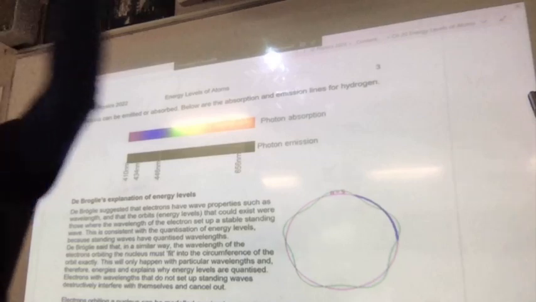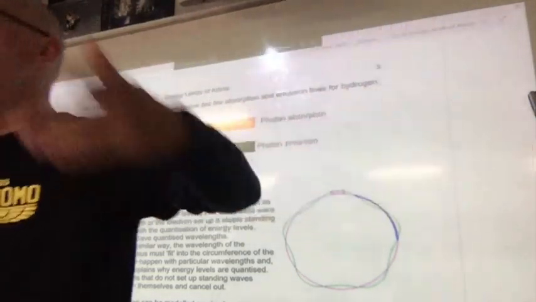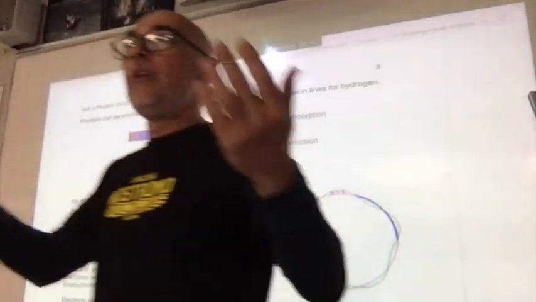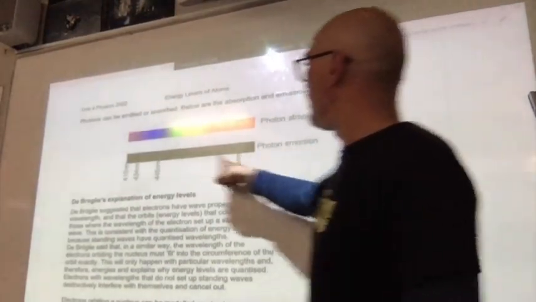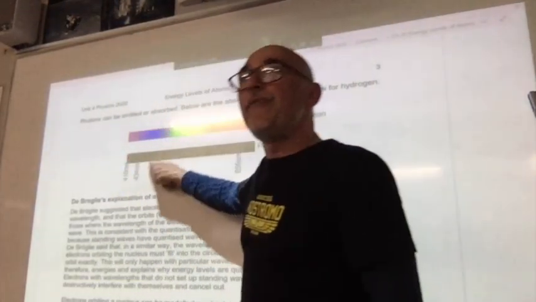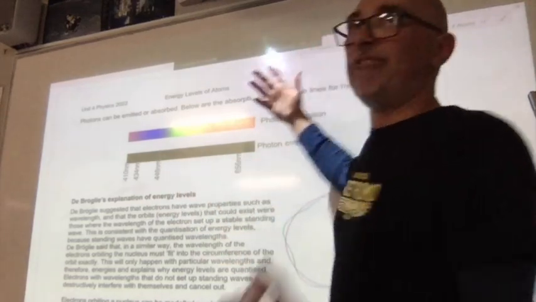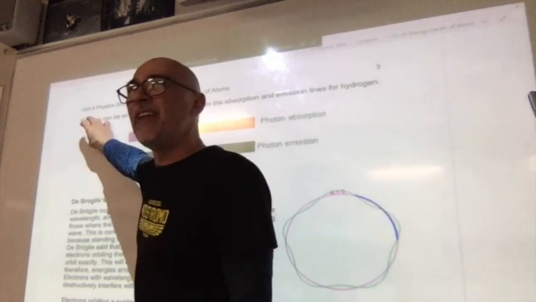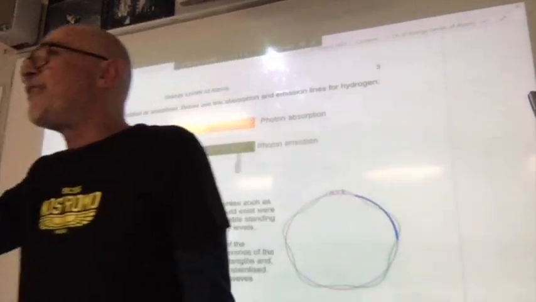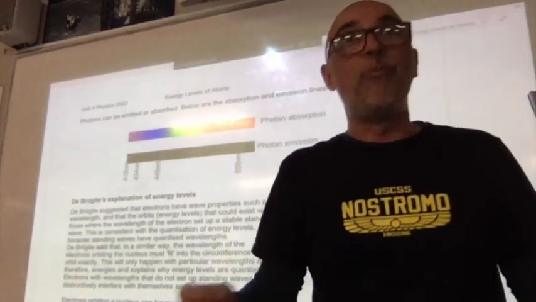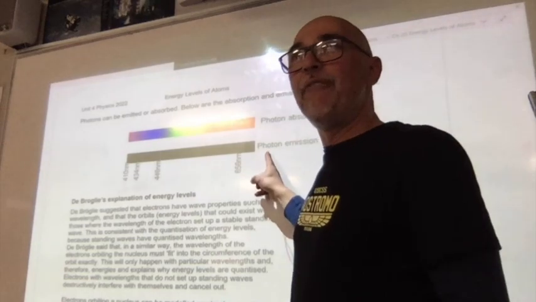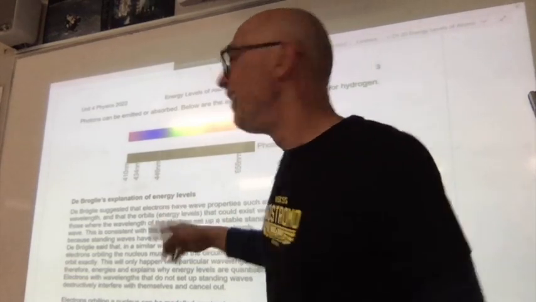For example, the sodium lamps, mercury lamps, they're only one type of atom in there, so they will only emit those in those really specific frequencies. So that's the difference really between absorption and emission. In absorption, you're starting with white light, but you're redirecting specific frequencies, so you get gaps. In emission, you only have one kind of atom, which means you can only have one set of spectral lines, okay? All right, now,